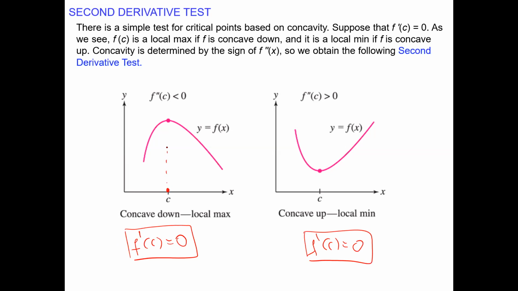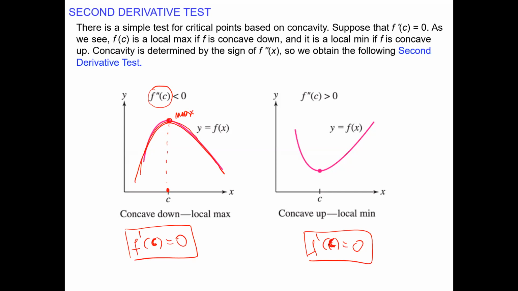Now, we may also compute, if it's relatively easy, because sometimes it's complicated, we can quickly compute the second derivative and take this formula and substitute our critical point. If this quantity is negative, then we know that the function is concave down, and this will be a maximum. Okay, the same thing when we have a local